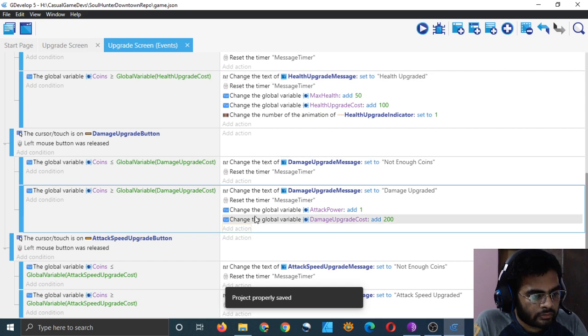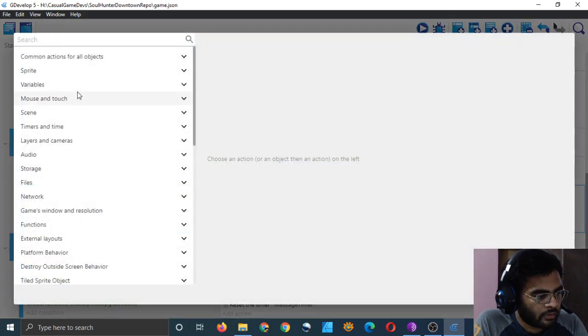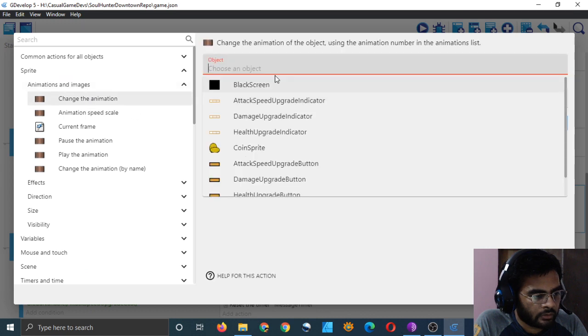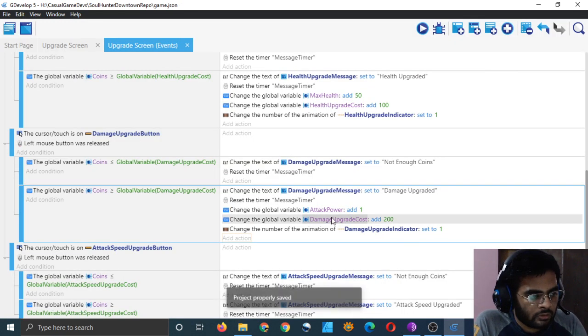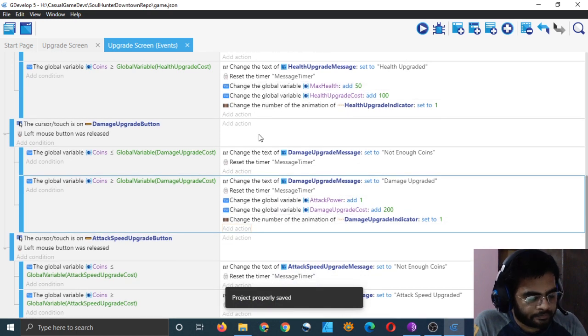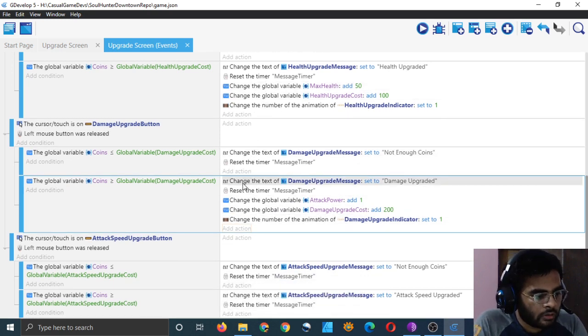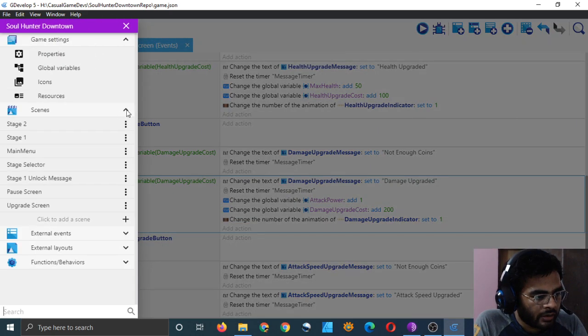And yeah, animation number for sprite for our damage upgrade indicator is equal to 1. Okay, cool.